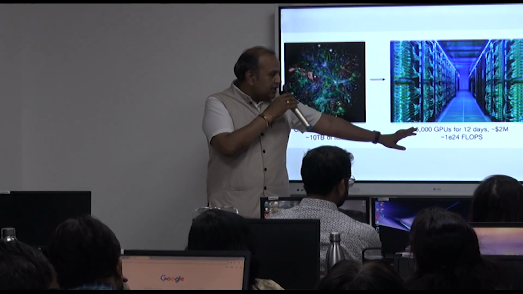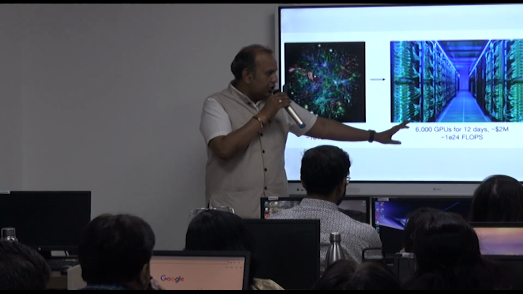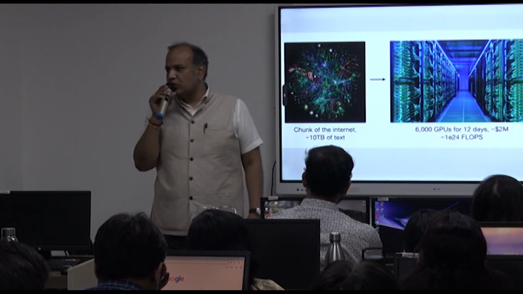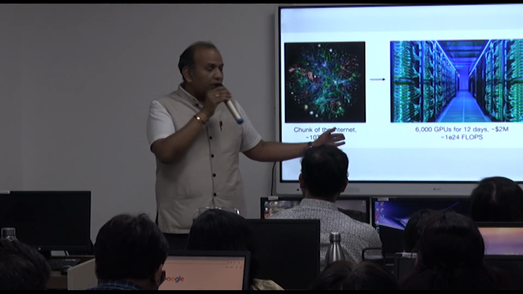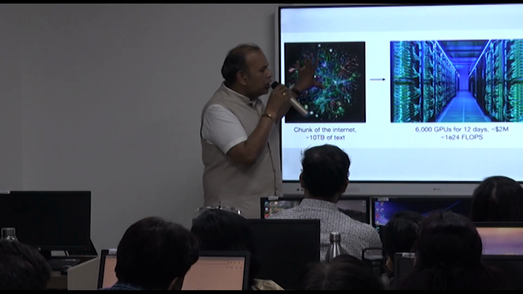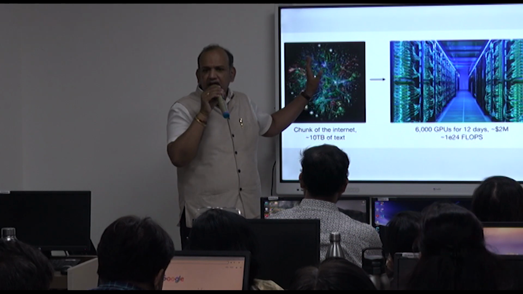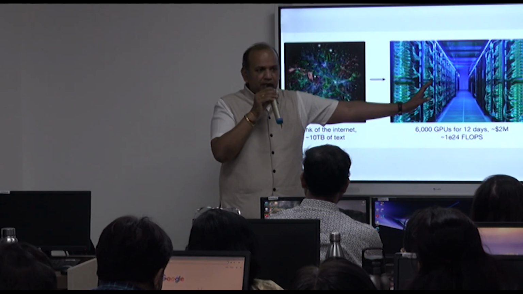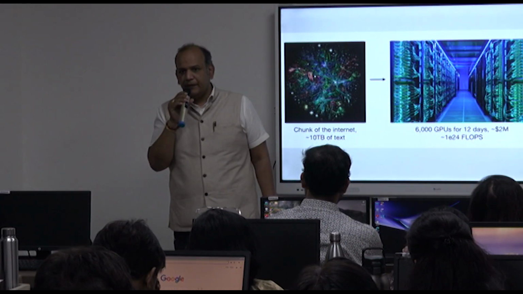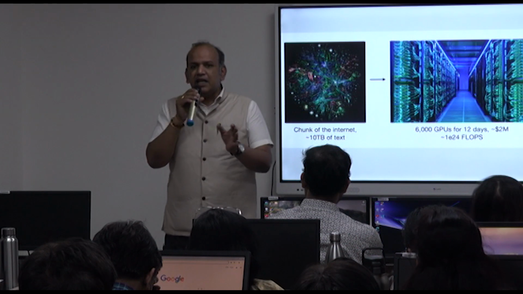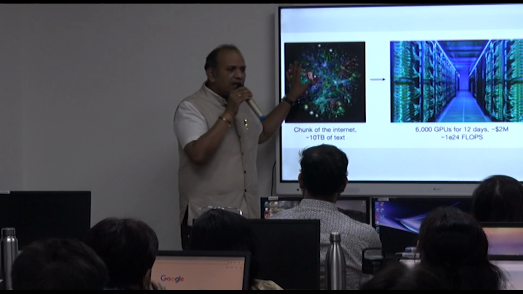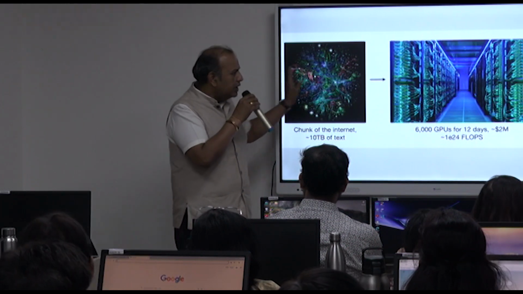You give it to 6,000 GPUs for 12 days to crunch. It would cost roughly $2 million to train on this data. And what it results in is a 140 gigabyte file, which you can think of as all the summary from this information having been zipped or extracted and stored into a model. Right? So this is basically the way you would have your foundational models created. Take a lot of data of the type you want to train it on, give it to